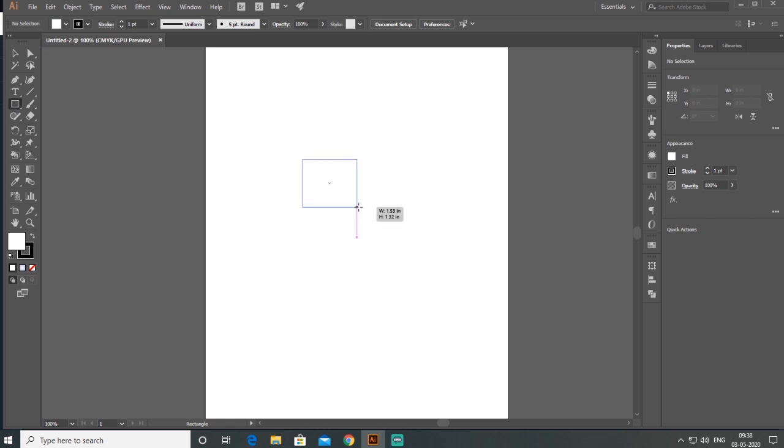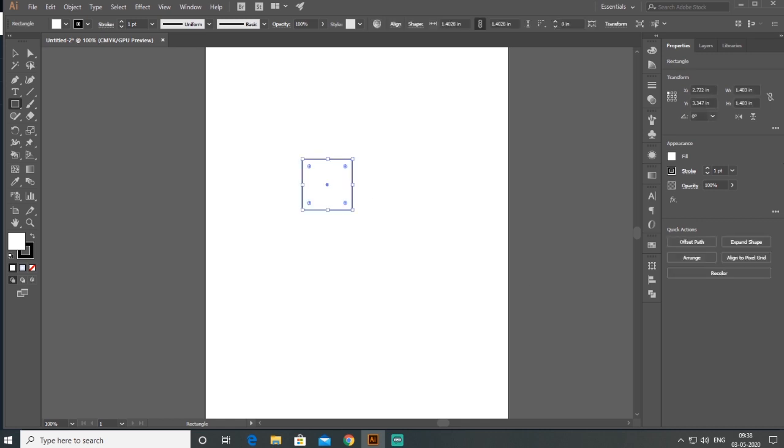To make a square, just press Shift and drag, and in the properties bar I change the size to 0.5 inches by 0.5 inches, and X and Y position to 0 and 0.